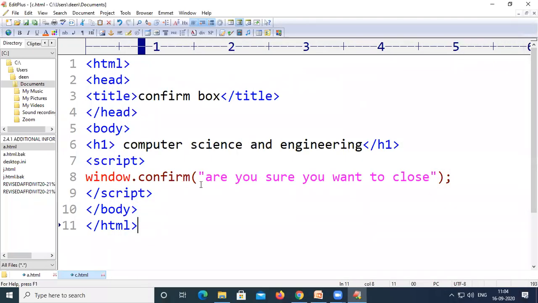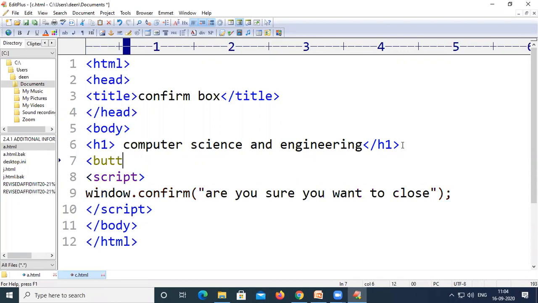Let us add some extra code. For example, similar to the previous example, let us create one button here, where the type of the button equals button. After that, onclick equals, let us call the function called apple, similar to the previous example.